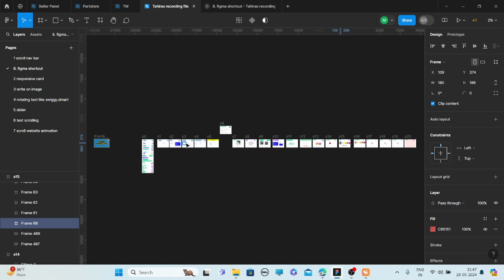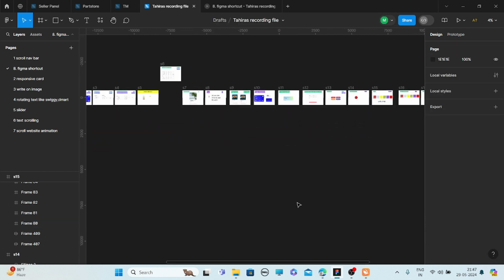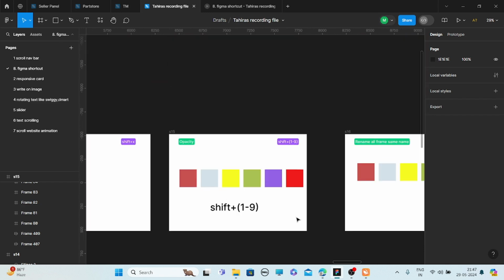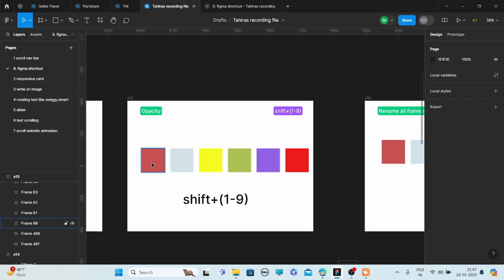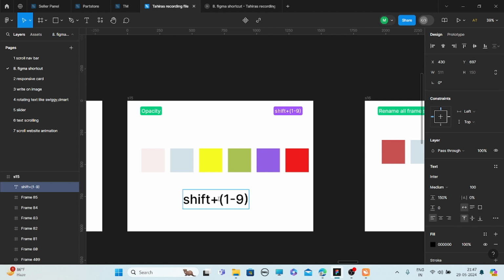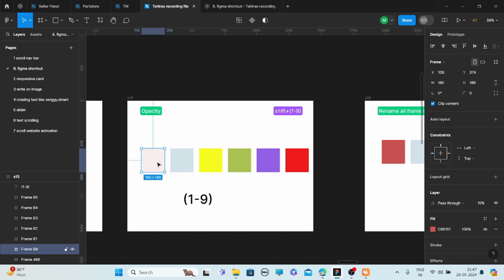Sorry. Go to that frame and press 1. You do not have to type Shift. So it's my fault. Now if you go here and type 9, the opacity will become 90.